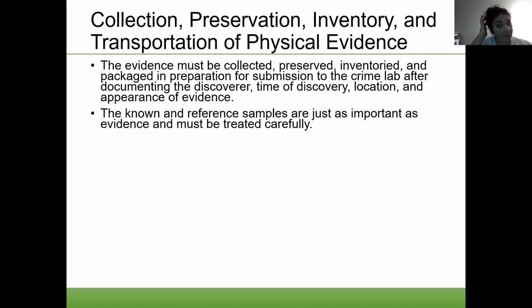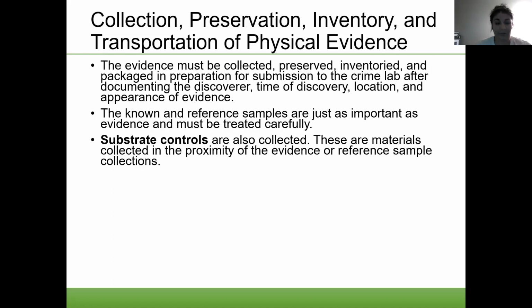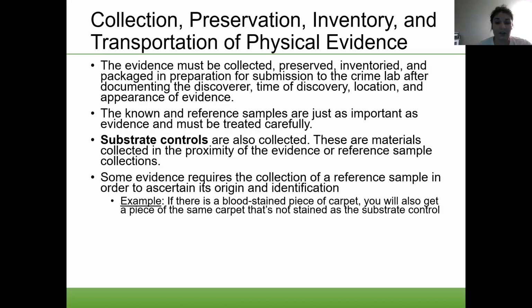The known and the reference samples are just as important as the evidence and must be treated carefully. Substrate controls are also collected. They are materials collected in the proximity of the evidence or reference sample collections. So, for example, if there's a blood-stained piece of carpet near the victim, you would also get a piece of the same carpet that's not stained, from somewhere else in that room,